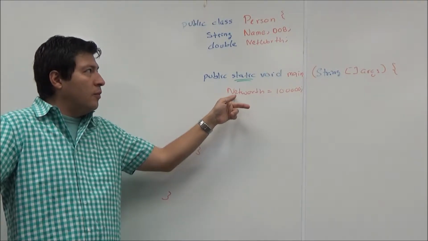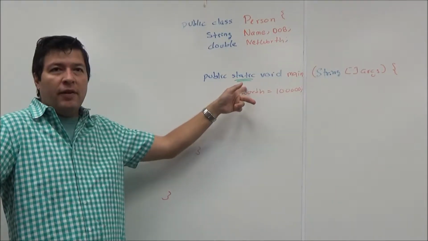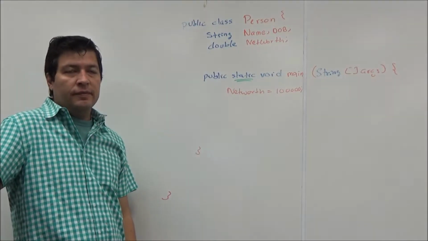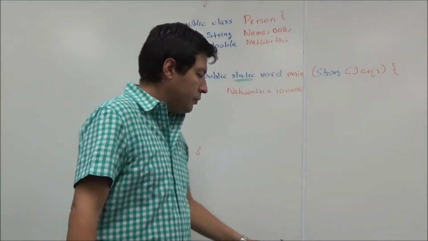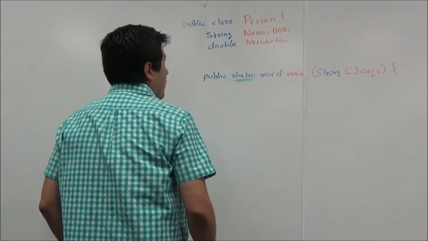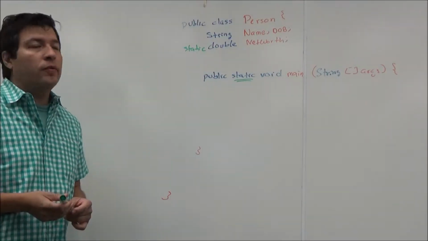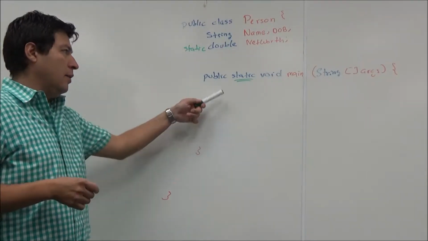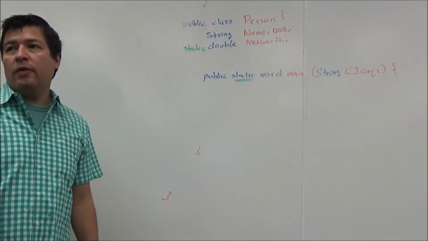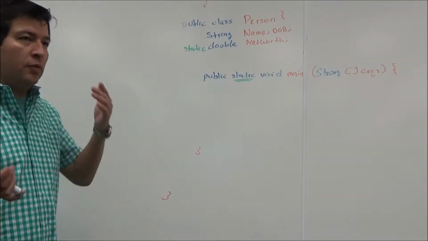So net worth, is it per person or is it for everybody? Per person. So a static field or method cannot access an instance method, right? So this wouldn't work. It'll work if I put the word static here. Then the net worth will be static and the method static so they can get along. However, that means there'll only be one net worth for everybody, which wouldn't be true. Everybody works differently. Supposedly, to me, everybody's priceless, but